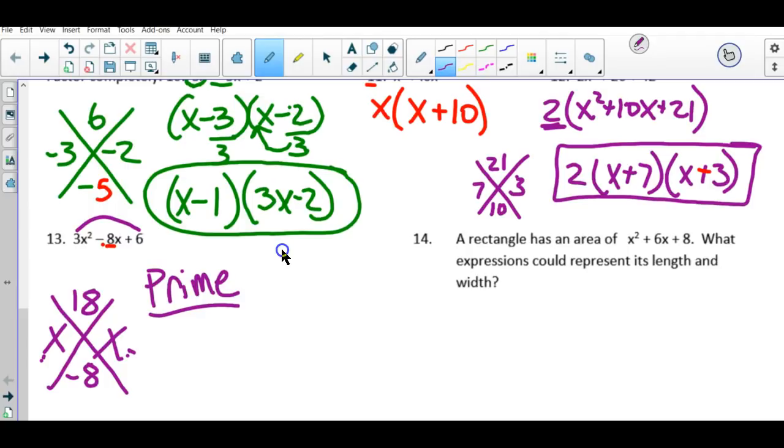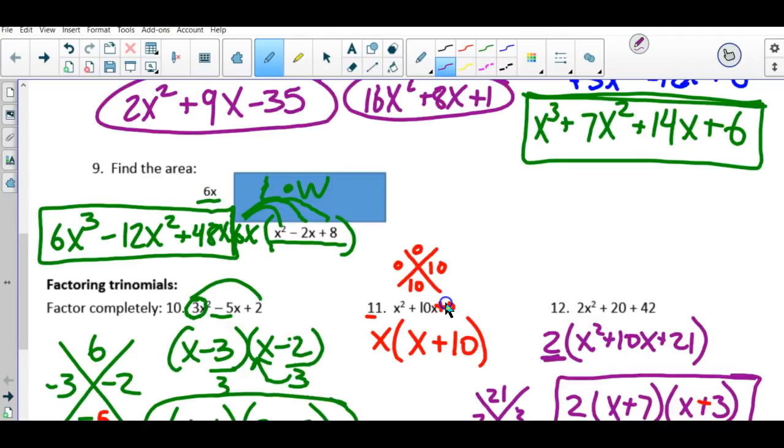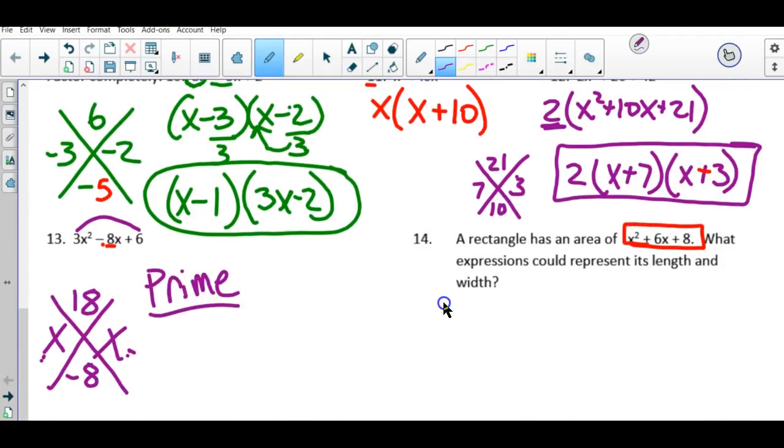14, a rectangle has an area of x squared plus 6x plus 8. What expression could represent its length and width? So this is the opposite of number 9 up top. Number 9 gave us the length and the width. Now we're looking at the area, so we just have to factor to find the length